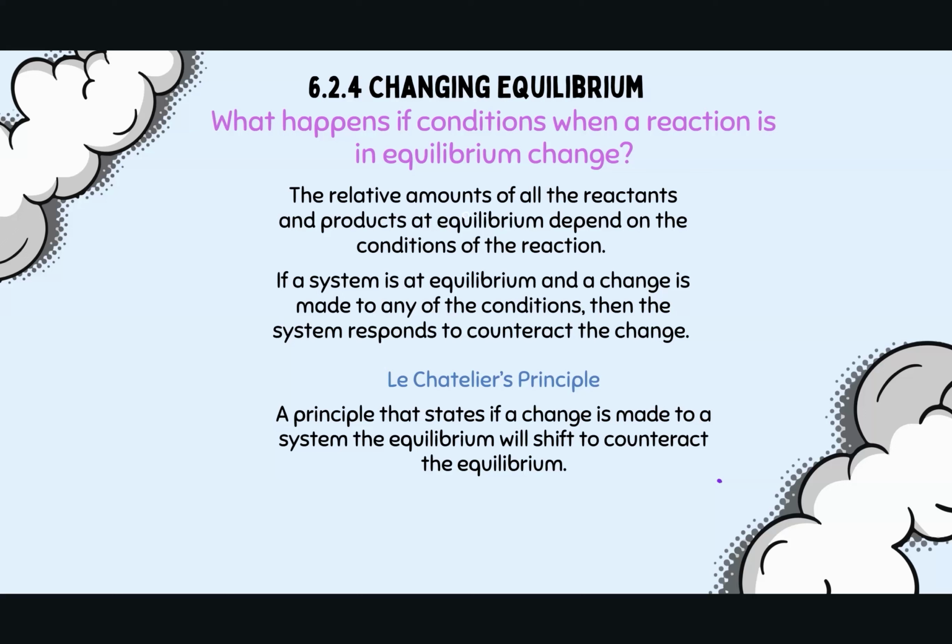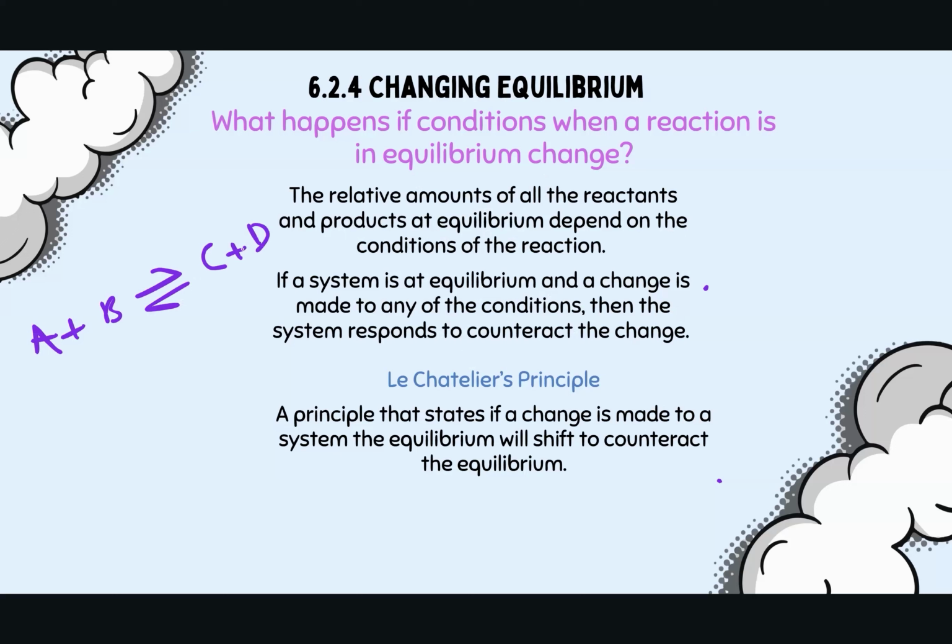The relative amounts of all the reactants and products at equilibrium depend on the conditions of the reaction. If a system's at equilibrium and a change is made to any of the conditions, then the system responds to counteract the change. So if I've got A plus B